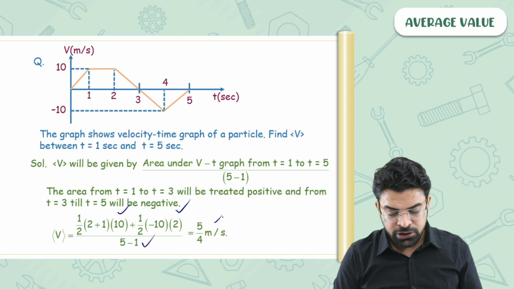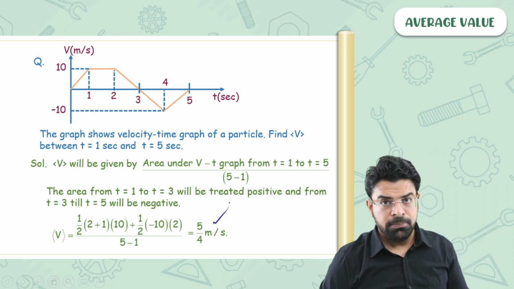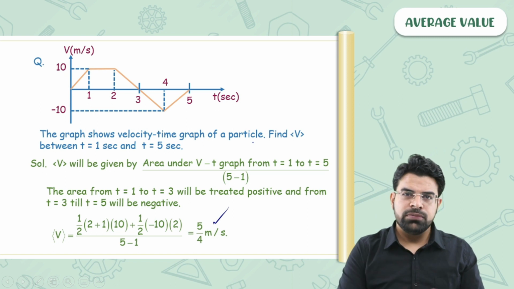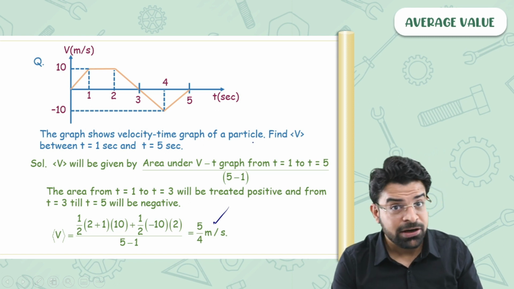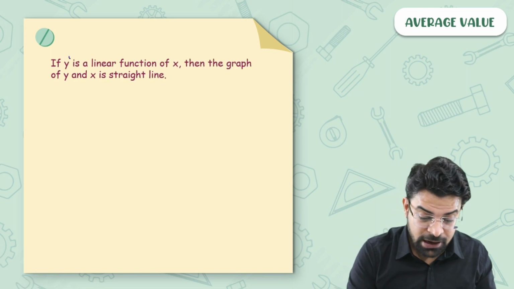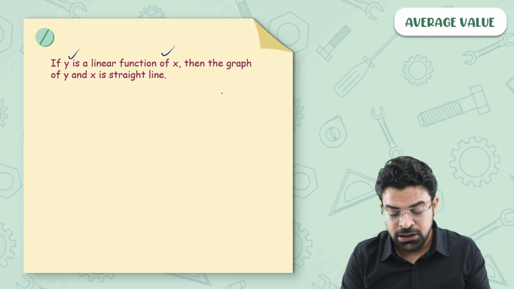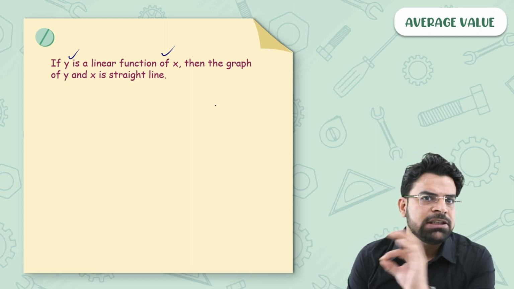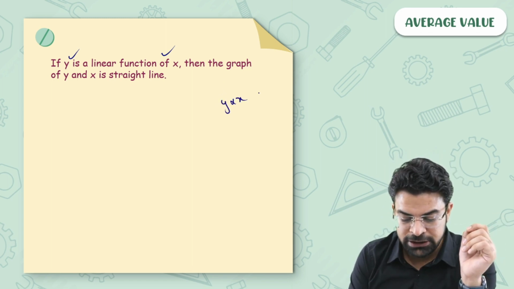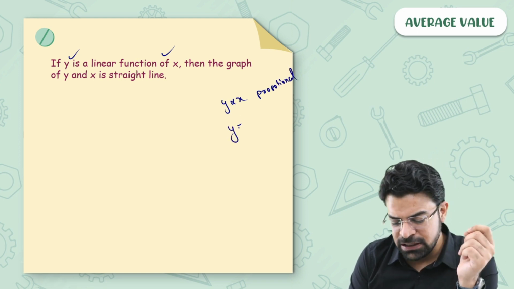On solving, you will get the average speed comes out to be 5 by 4 meter per second. So now let's talk about another important, super useful concept. If y is a linear function of x, when I say that y is a linear function of x, I do not mean y is proportional to x. This is proportional. When I say that y is a linear function of x, it means that y equals to